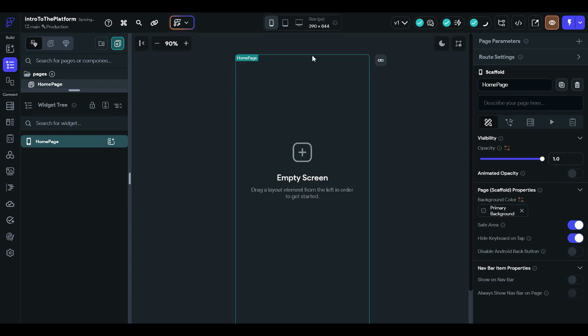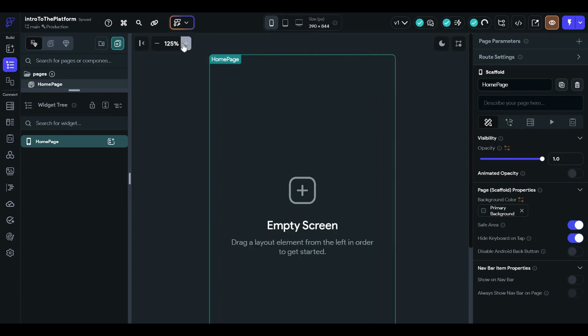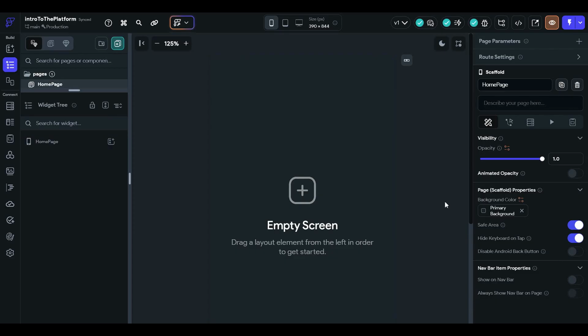So you can change safe area on or off. If you have a camera in your mobile phone and the camera has a notch like this, then the safe area will save your UI elements and help all the data be visible properly.